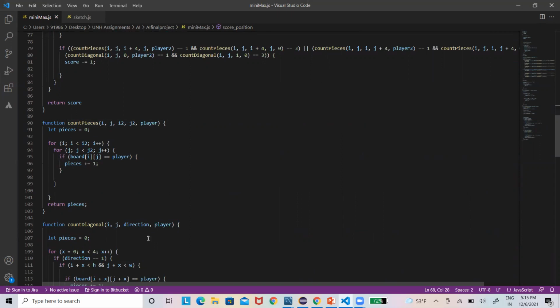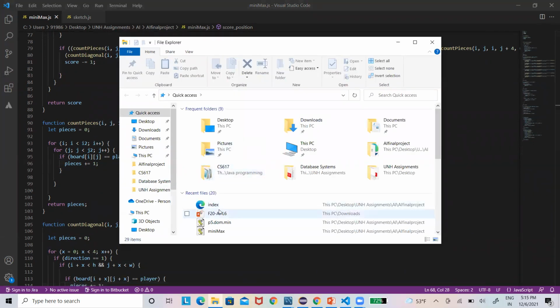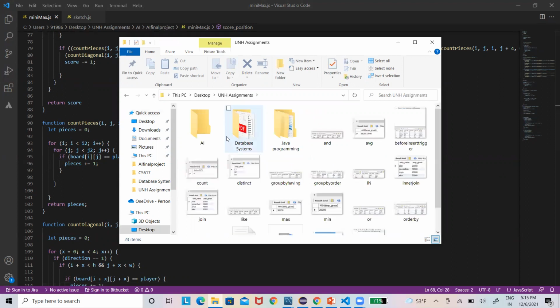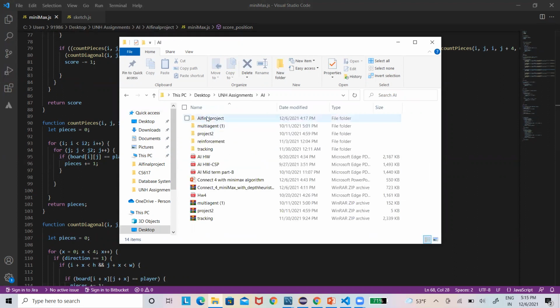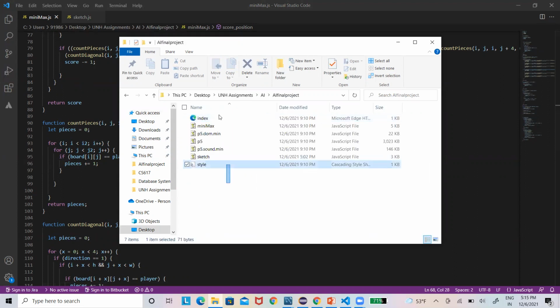So I'll be running the code now. These are all our files. For the game to be executed, we need to run this index file.